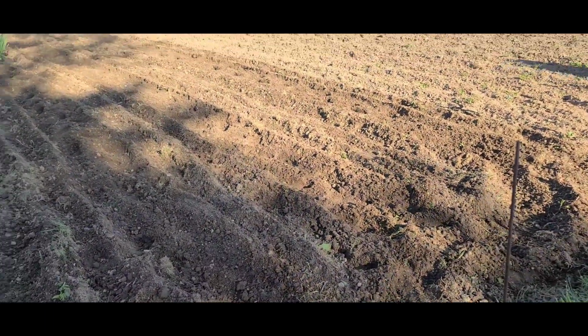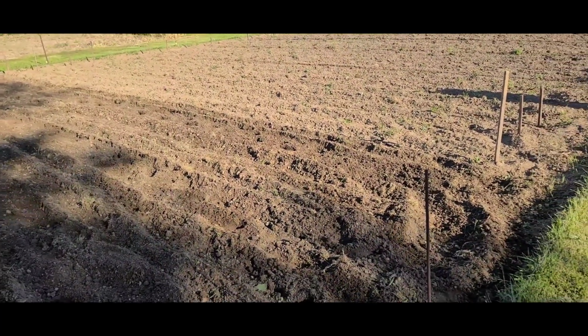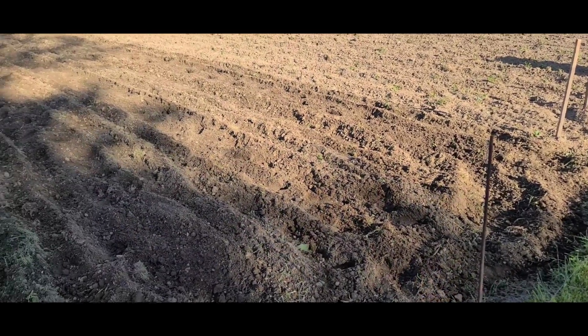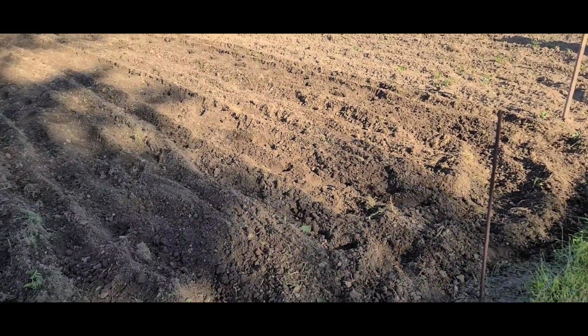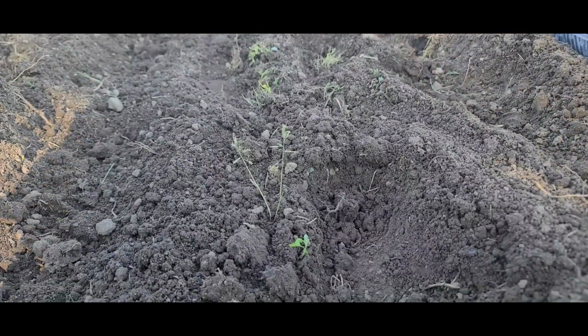tomatoes and peppers. I'll show you how I plant one of my tomatoes, my peppers. I'm just planting them down a regular row, and I'm going to snip off the top of my hot peppers. I can show you that. My tomatoes I do a little bit different than some people, and I'll show you what I do there. All right, so we're going to start right here with the tomato,